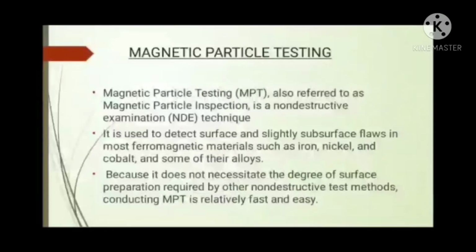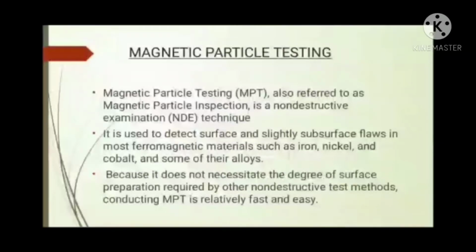Hello, I am Moin Khan and I will explain magnetic particle testing. Magnetic particle testing is a non-destructive testing process for detecting surface and shallow subsurface discontinuities in ferromagnetic materials such as iron, nickel, cobalt, and some of their alloys. The process puts a magnetic field into the part.